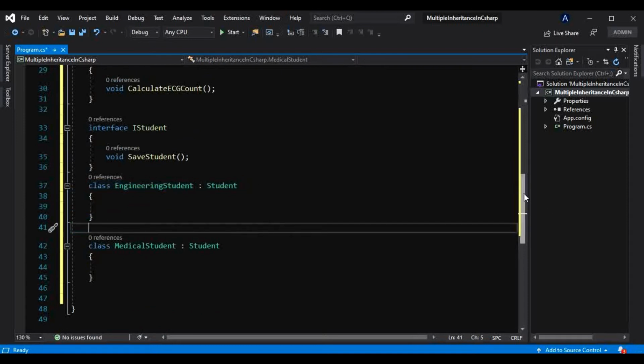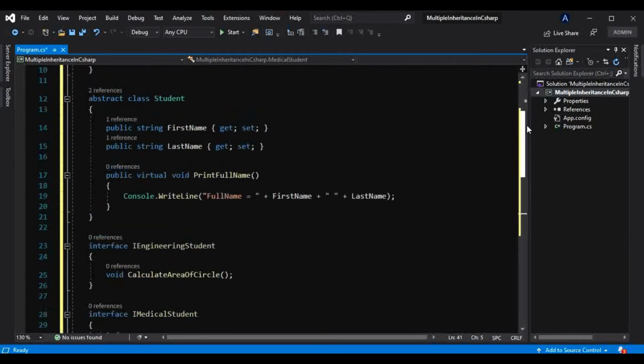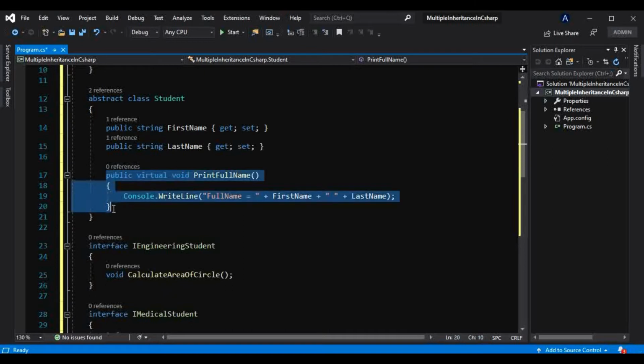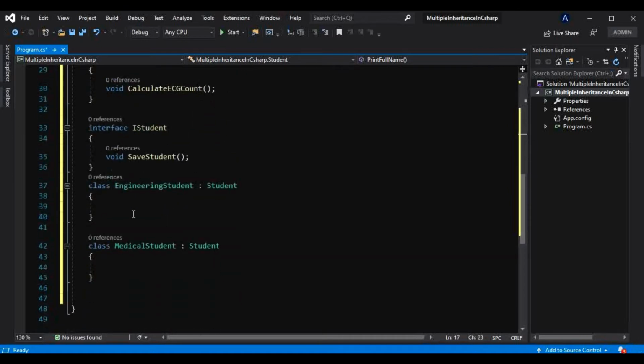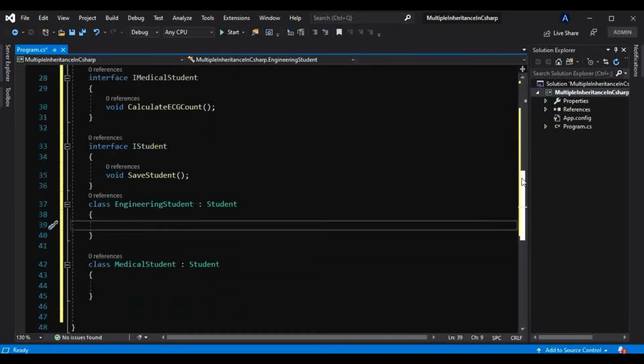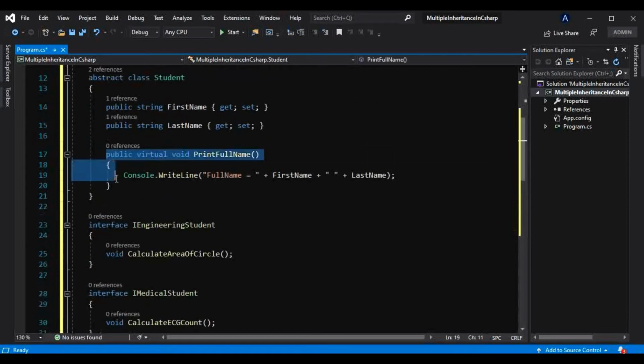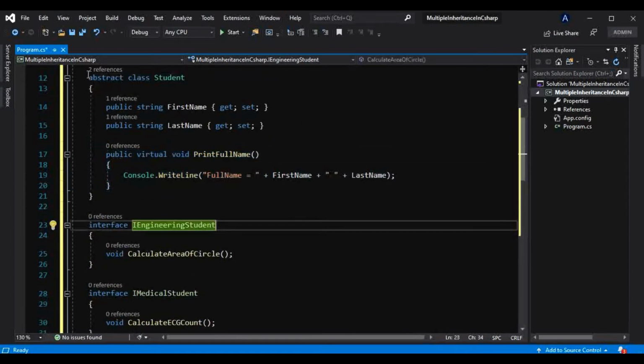Or by making this virtual right here, what this virtual indicates is that the derived classes of this abstract class can provide their own implementation, or they can use this implementation as well. So that's the significance of this virtual, and that also we have learned in this tutorial series, what this virtual keyword is used for. Okay, so now I can provide my own implementation, as well as I can use this very implementation which is already provided by this base class.